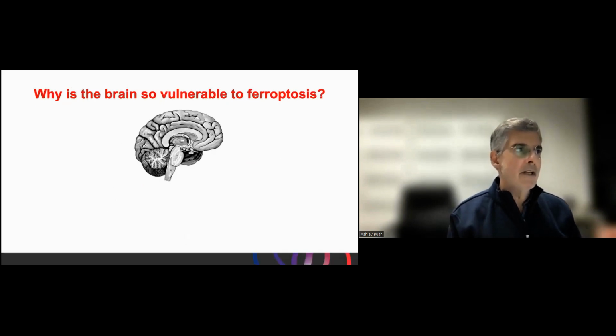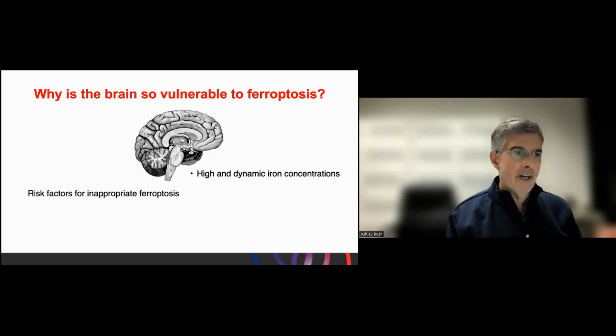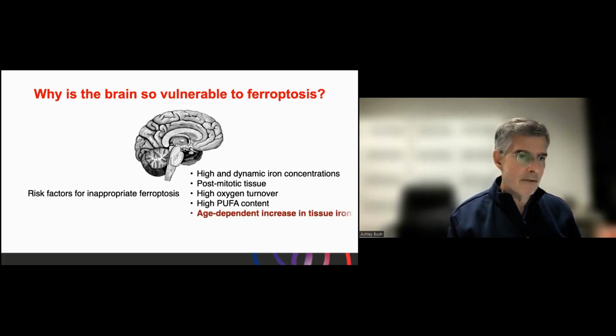Why is the brain so vulnerable to ferroptosis? Well, the brain contains high and dynamic iron concentrations. It contains post-mitotic tissue, and ferroptosis can propagate through a wave of death so that neighboring cells, even if they're non-neuronal cells, can influence neuronal cell survival. It has high oxygen turnover, which increases the likelihood of lipid peroxidation. It's got a high polyunsaturated fatty acid content, the substrate for ferroptosis, and I've emphasized that there is this age-dependent